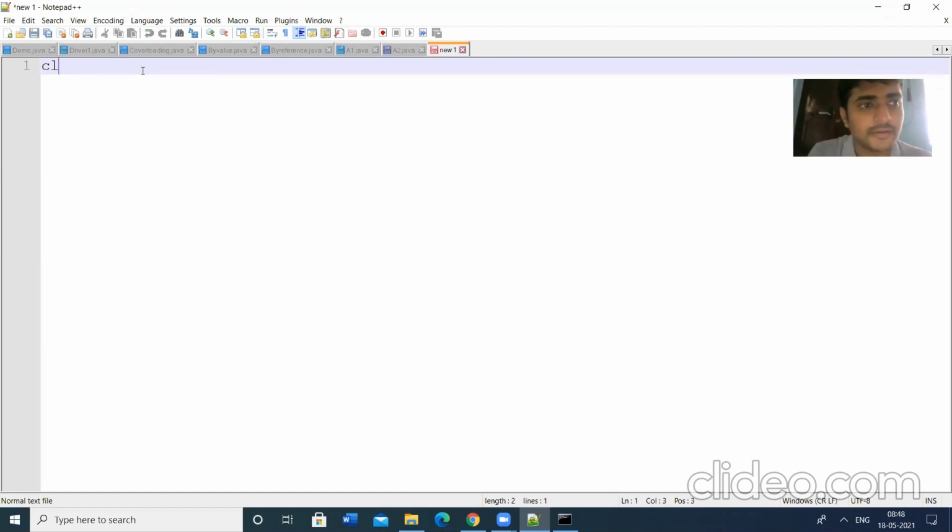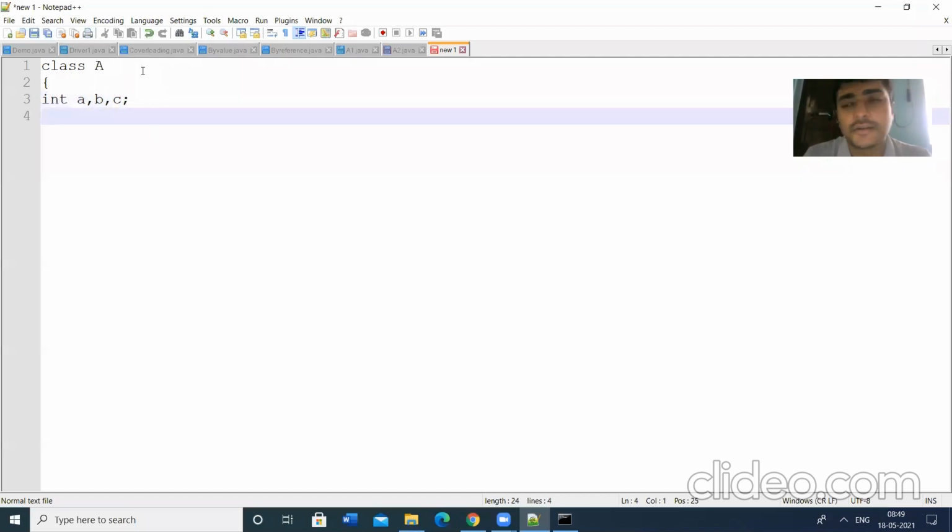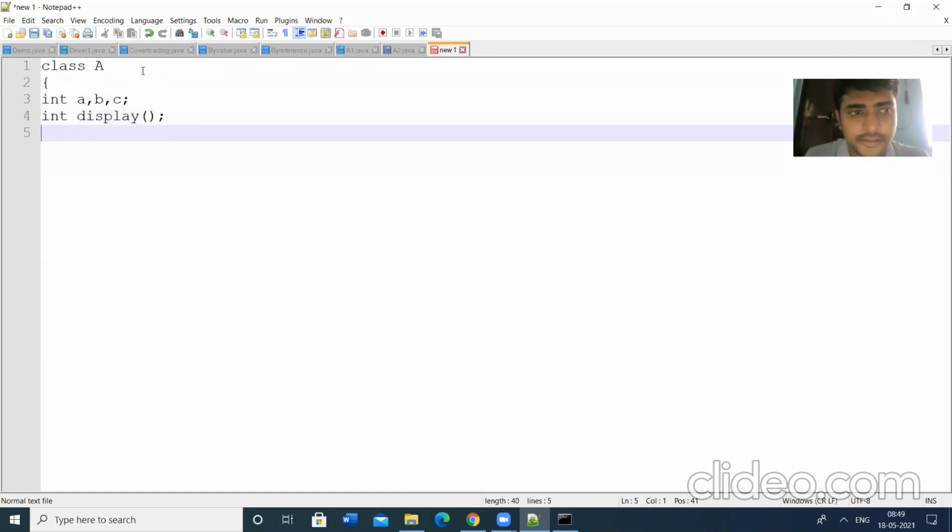let us see the example. Suppose I have defined the class A. The class name is A. Here I am declaring the class members: int A, B, C. I have declared three variables, and I am defining the method display, and I am defining another method set.